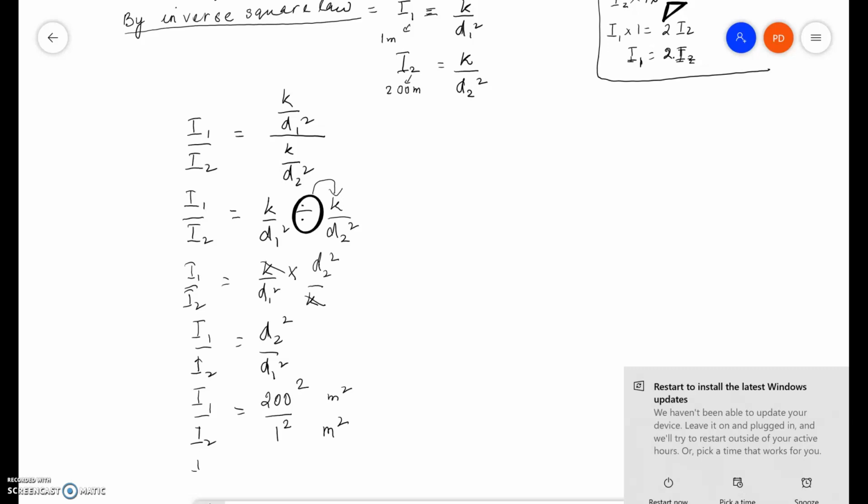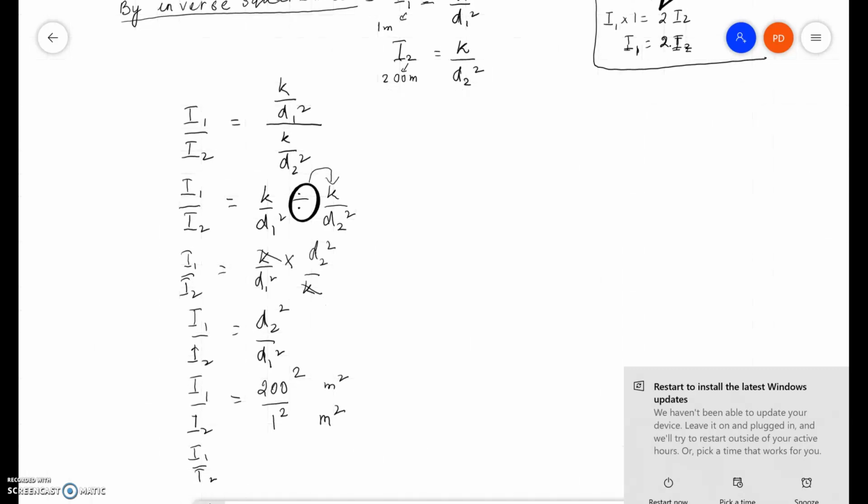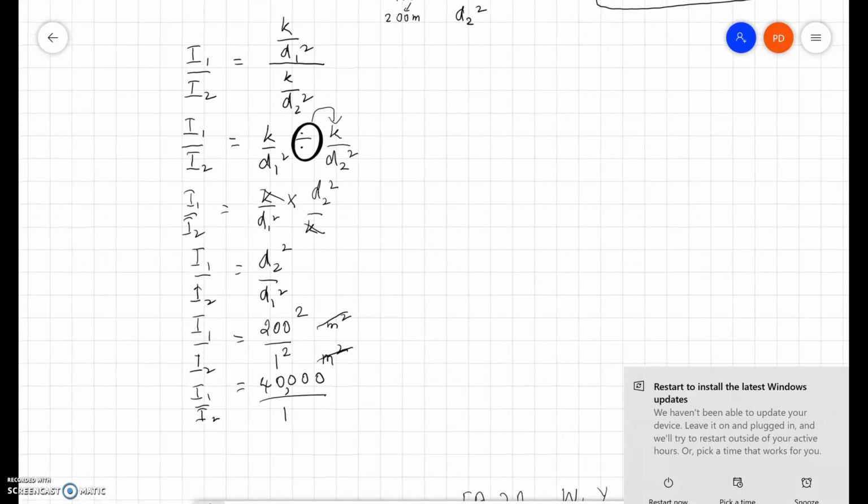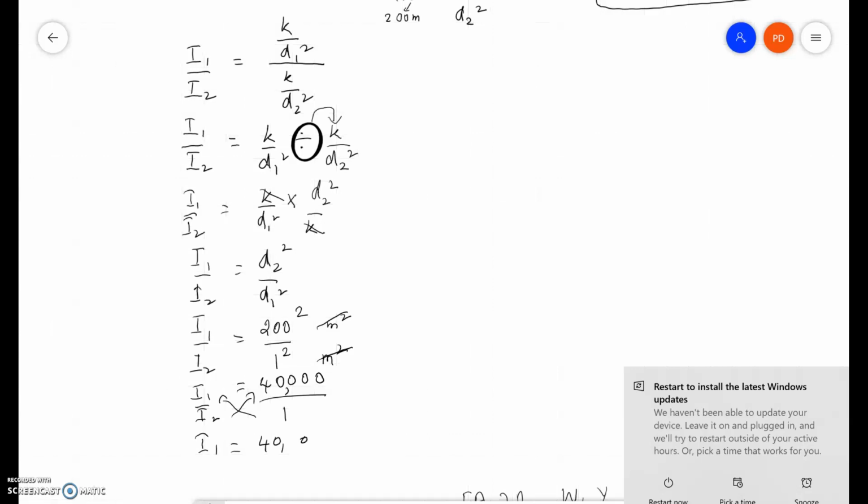So this is equal to I1 over I2, which is equal to, so 200 squared is 40,000. The meters get cancelled. So I1 over I2 is 40,000 divided by 1. When we cross multiply, I1 is equal to 40,000